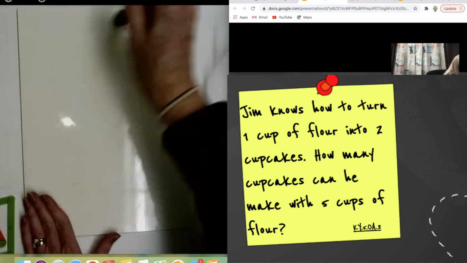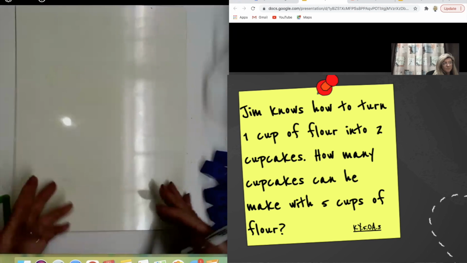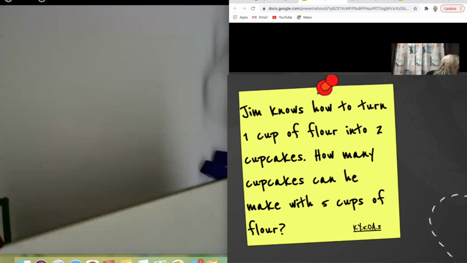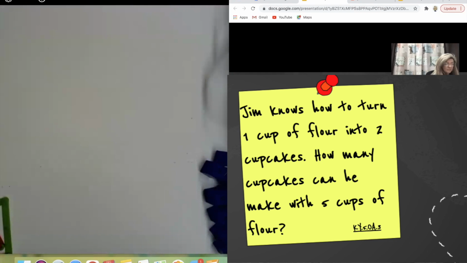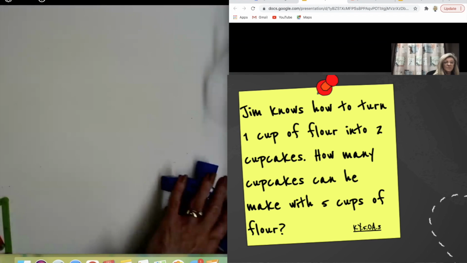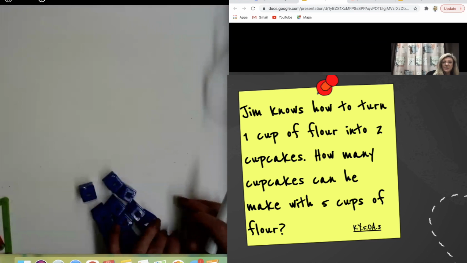But this is something that's really hard for kids. It's hard for kids, period. But it is difficult for our kiddos. And so it's something where we use those tools and actually model for them and put out cups and then put Unifix cubes in the cups, then they should be able to see that pattern.